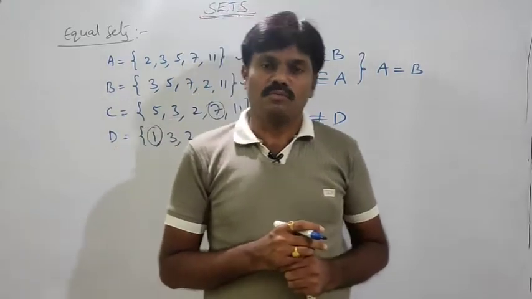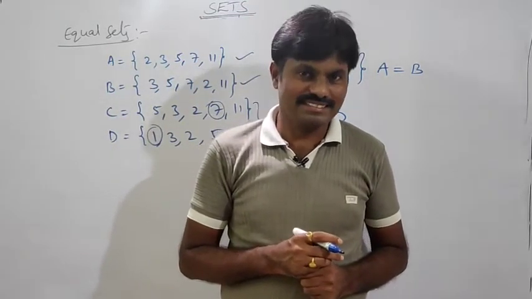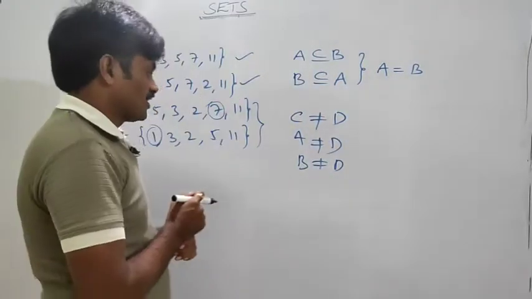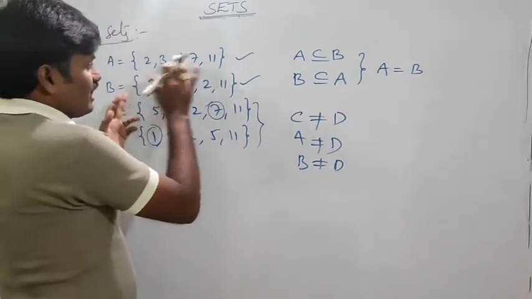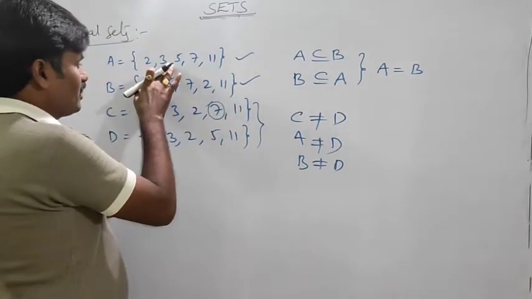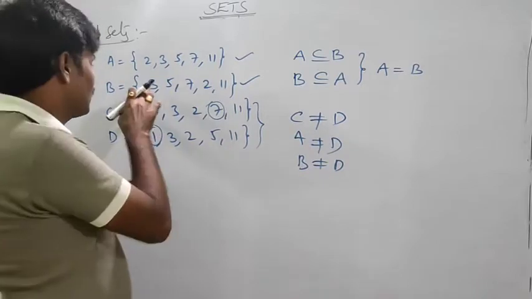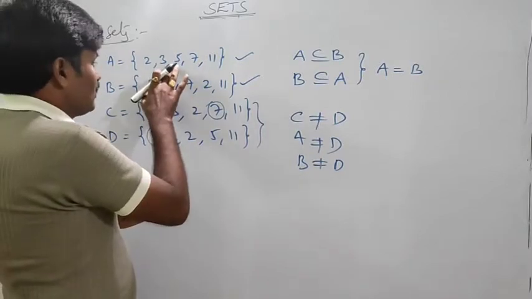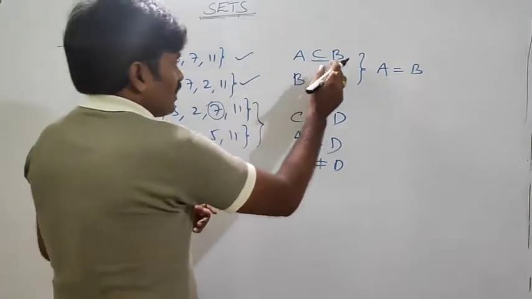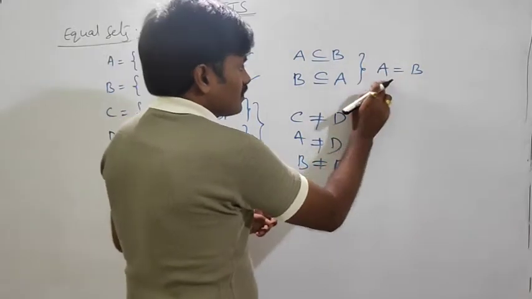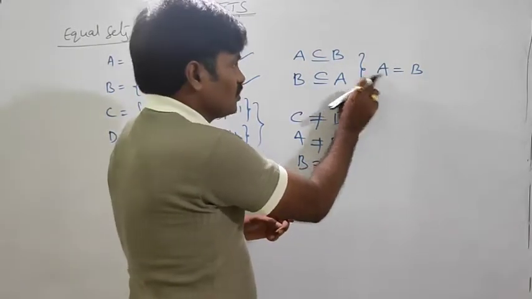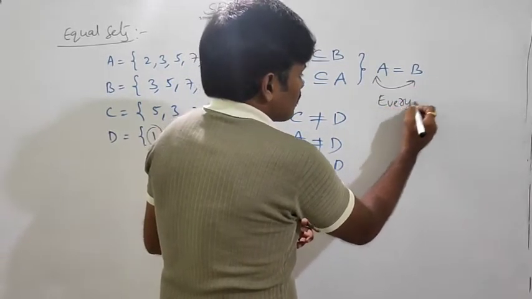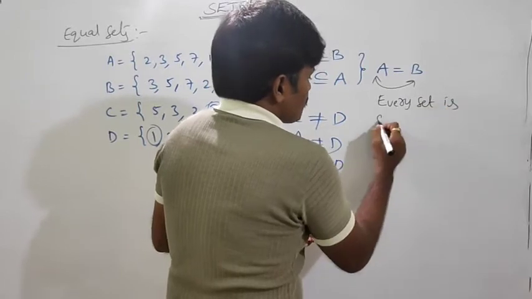Now we will solve problems related to this concept. Are you ready? But before going to the topic, I want to give one more clarification to you. See here, A is a subset of B, so every element of A lies in set B. Every element of A is in set B, so A is a subset of B. And here what is B? A itself. Yes. So from this what can you conclude? Every set